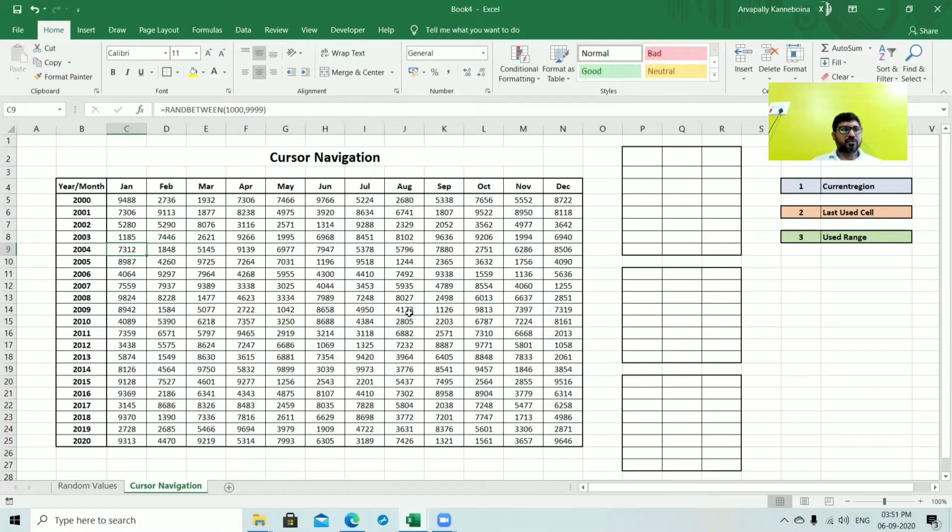I need 2004 data, January to December. I am just holding Control Shift and hitting the right arrow. It will select the entire months.